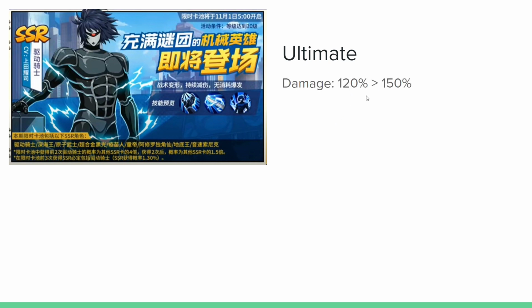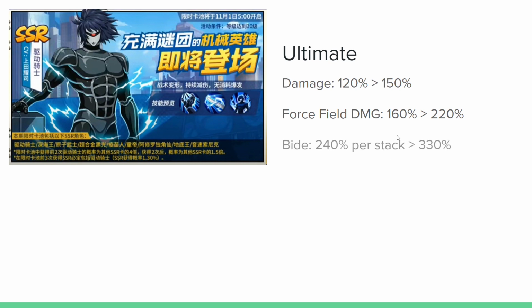So the base damage, it attacks 120% to the enemy's entire row, increased to 150% of your attack, and then it applies force field to the main target for 1 round. And then the force field damage also increases from 160 to 220. But this only affects 1 target. But then, in addition,